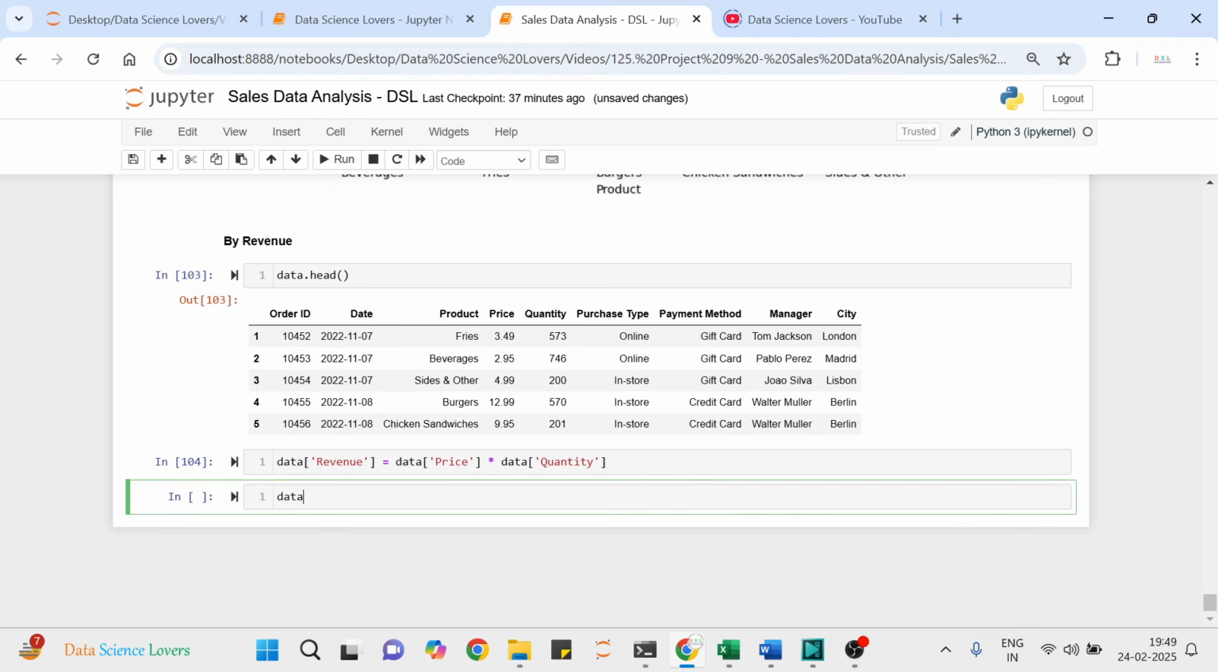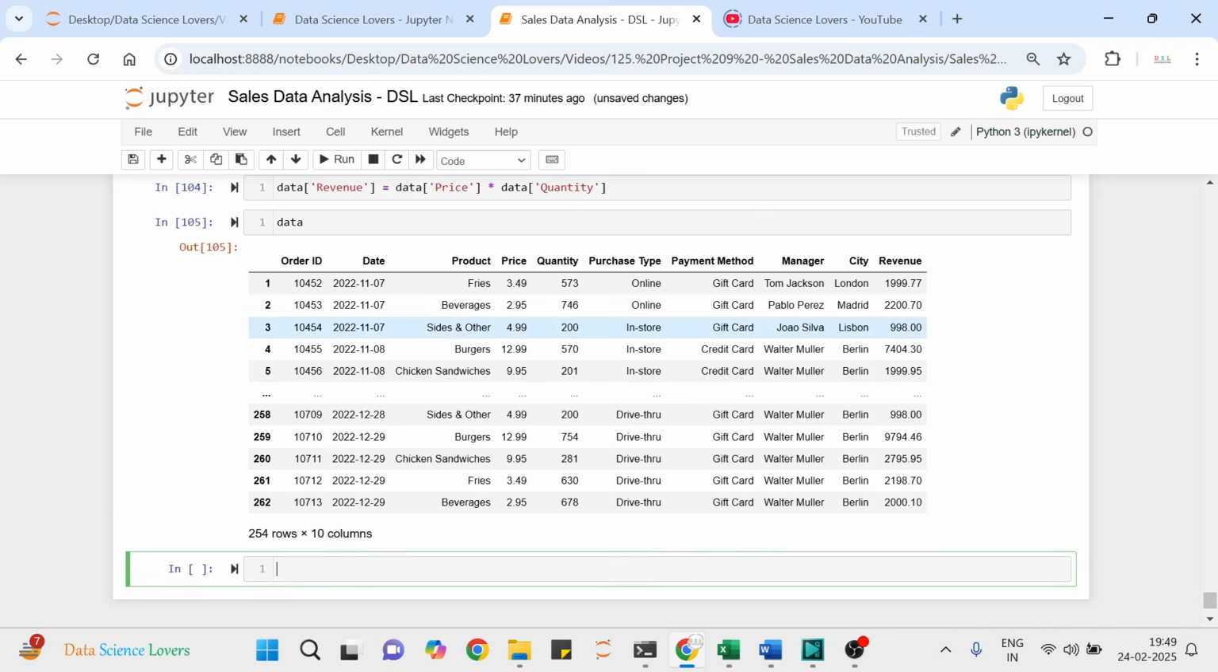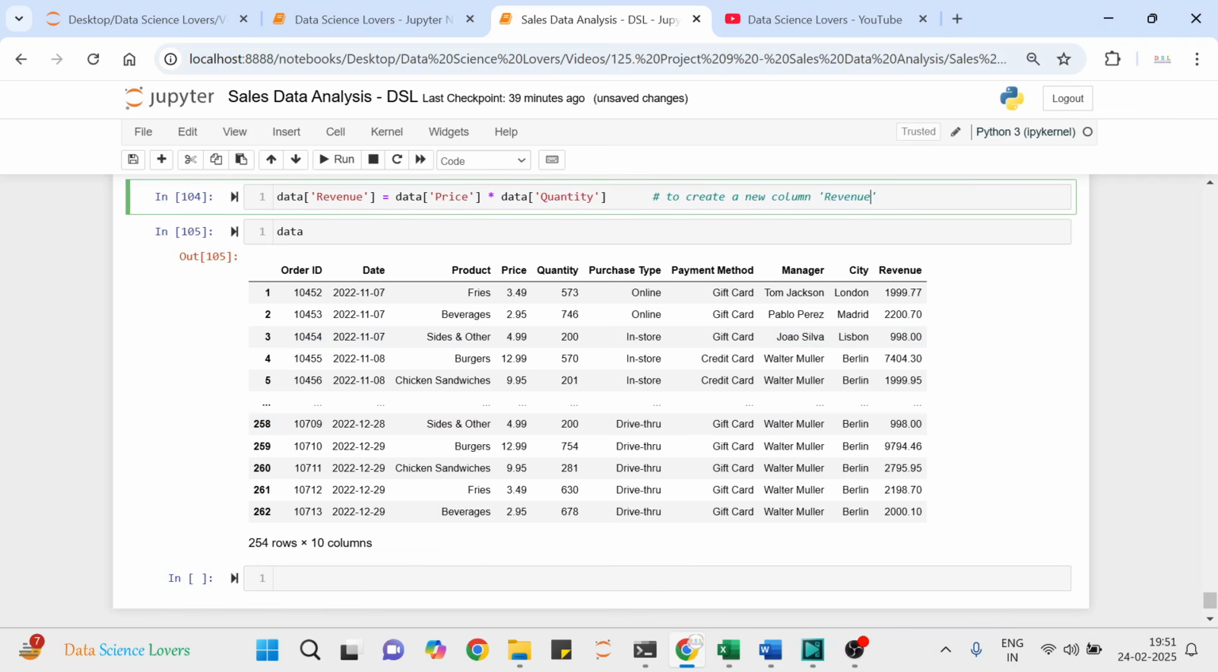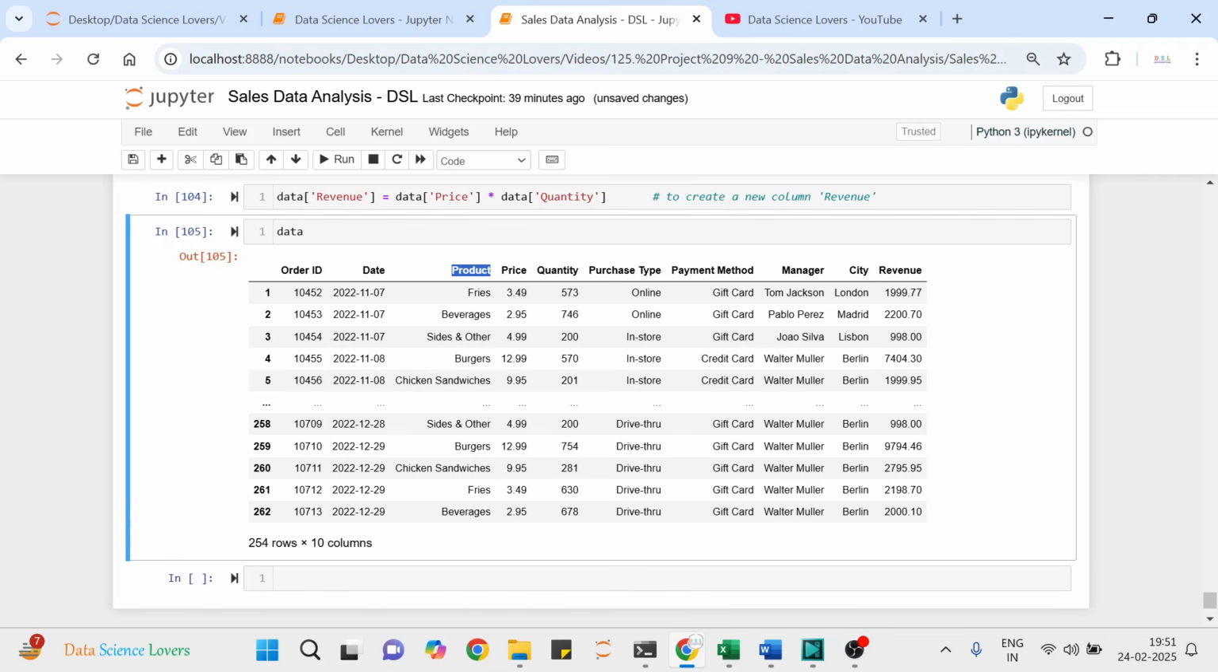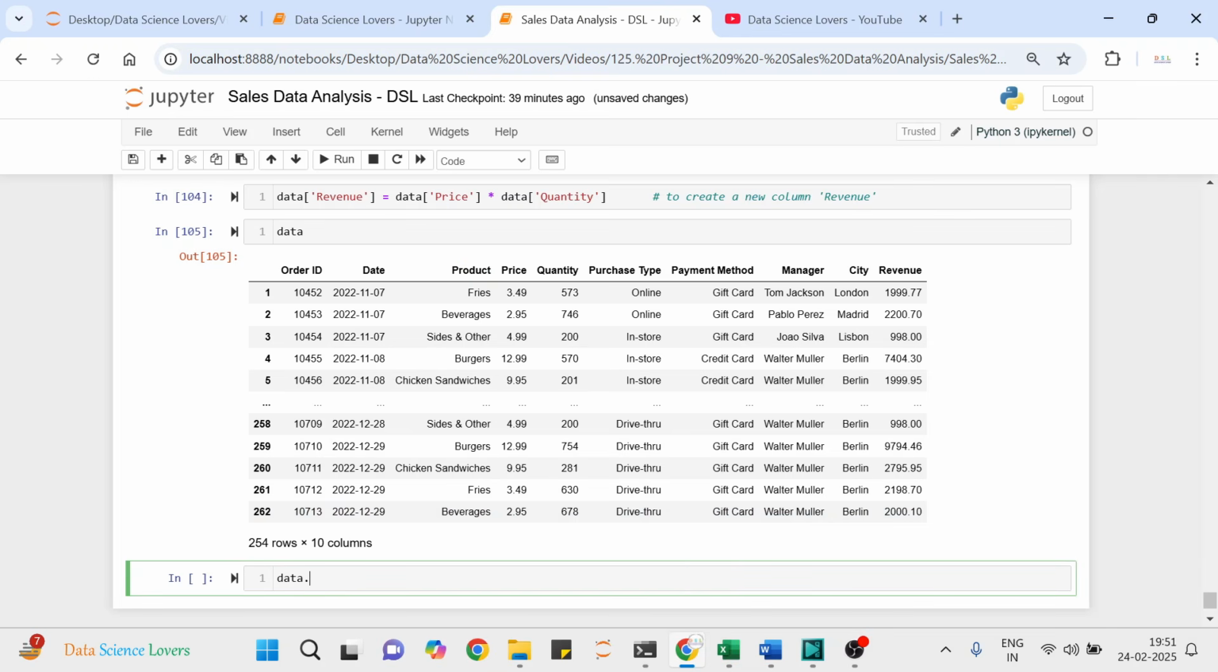The column has been created, and have a look at our data frame. Now as the column is created, we will use the group by function again, and this time we will use the product column and the revenue column. So the syntax will be the data frame name data dot group by function, and inside this function we have